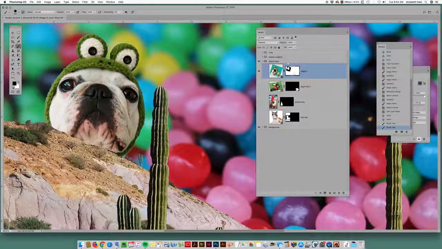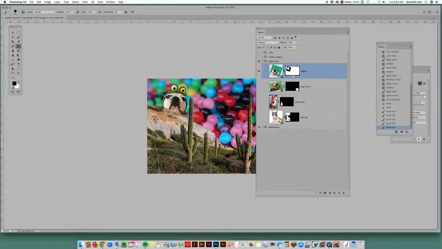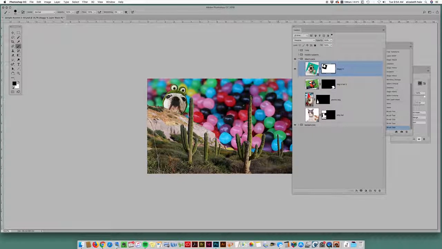I don't think it looks too bad, but I'm going to make my brush a little smaller by hitting that left bracket key. Remember, be on the mask part of it, and you want to switch. If you want to reveal it back again, you have to paint with white, and then I'm going back to black. You just toggle with the X key back and forth. And that looks pretty good. There's some little bits there that's not perfect, but I think we've got it going to where we want. And that looks good. So that was simply getting our little guy to look like he's coming out of the